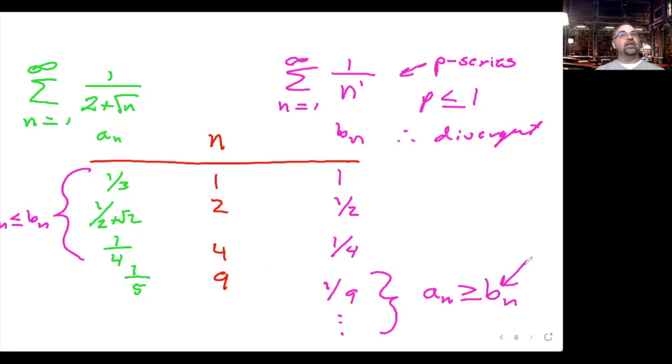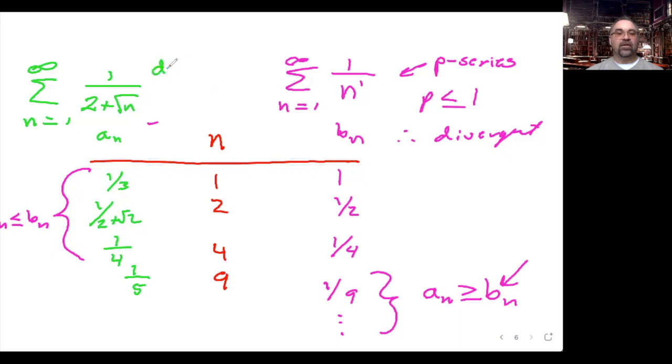So this is where that little note at the bottom of the page on 583 is so important. Through the first 4 terms, n equals 1, 2, 3, 4, we didn't have any kind of proof from our direct comparison. But as soon as we get past 4, so capital N would be 4 in this case, b sub n is actually smaller than a sub n, and b sub n is divergent. That means a sub n diverges, and we have the answer to the question, what happens to this series,